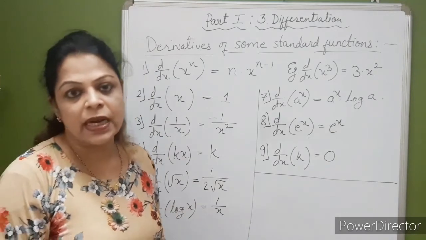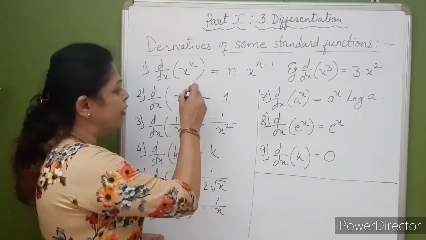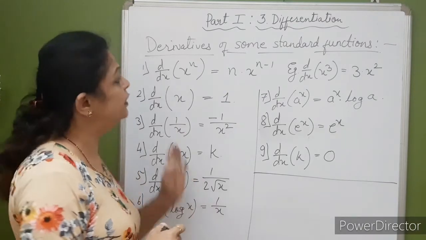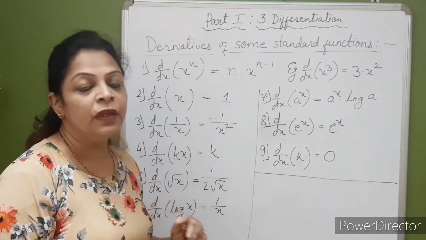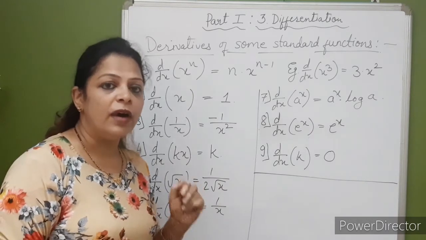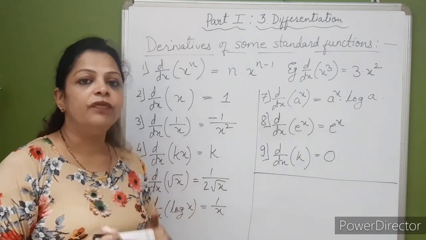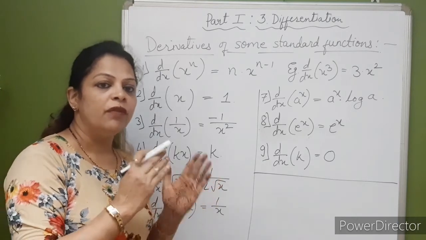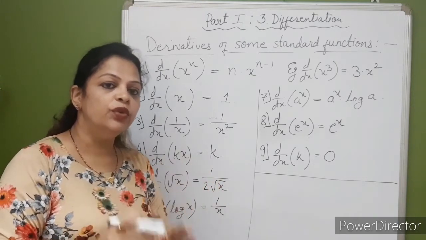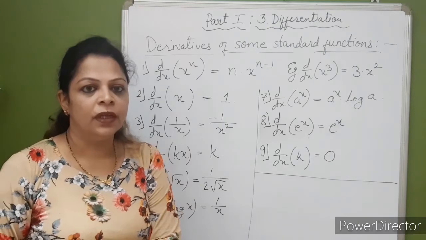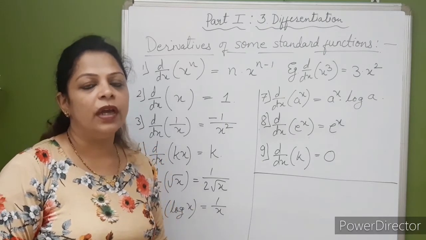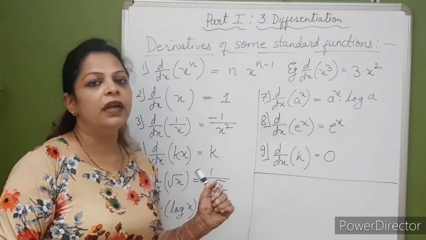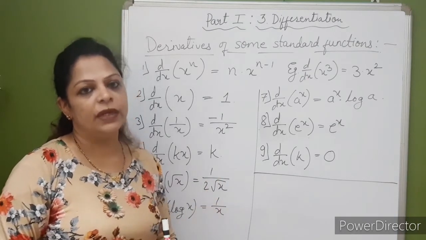Now what do you mean by standard functions? Over here y was the function of x alone. Isn't it? That's why this is called a standard function. Sometimes you have y which is a function of two different functions. That means y will be a function of u, which will be a function of x. Such functions are called composite functions. So now we'll see how we can find a derivative of the composite function.